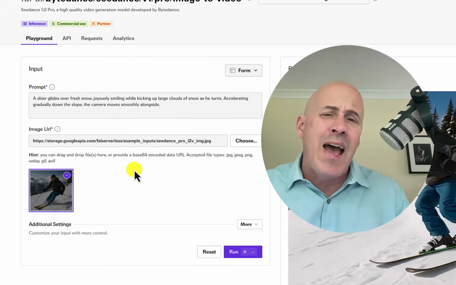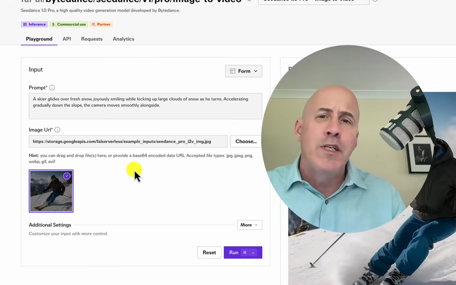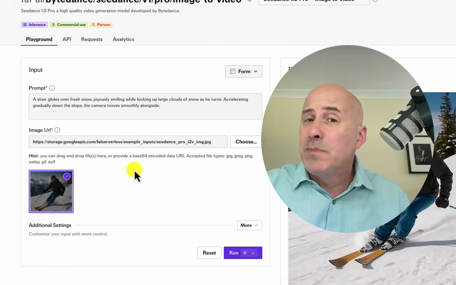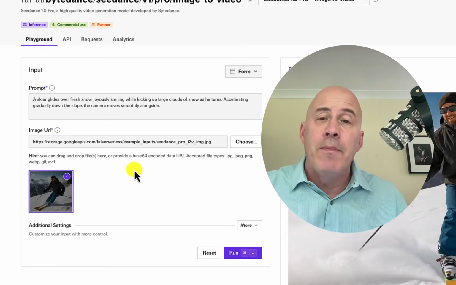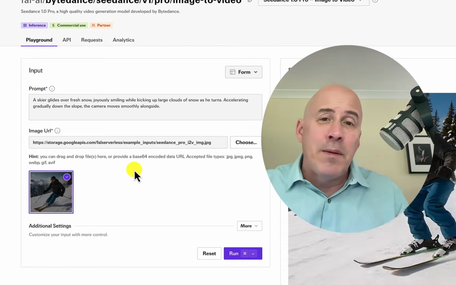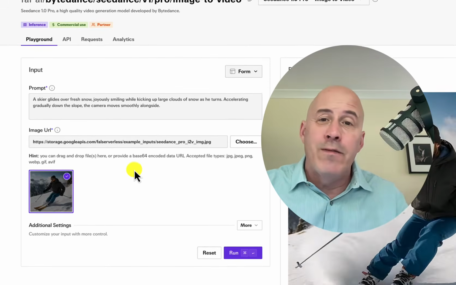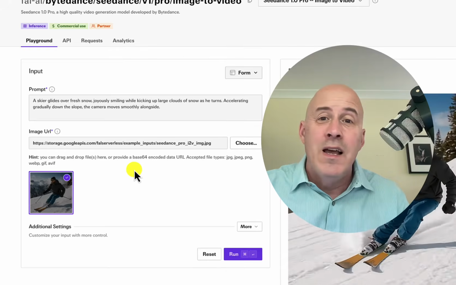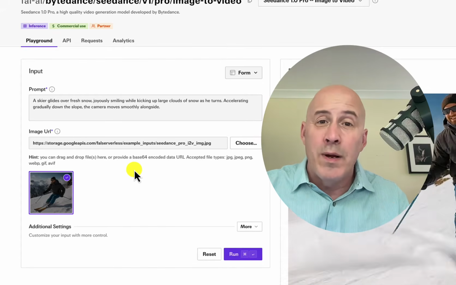Now, we have had some issues with image to video with VO3, and Seedance has been doing a really good job. So I think this comparison is going to be this period of time's ultimate shootout, because honestly, they have both been doing a great job.